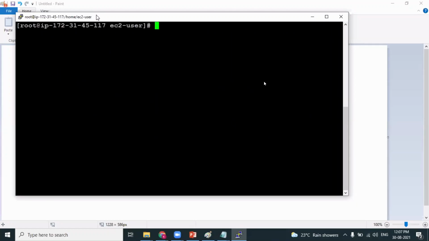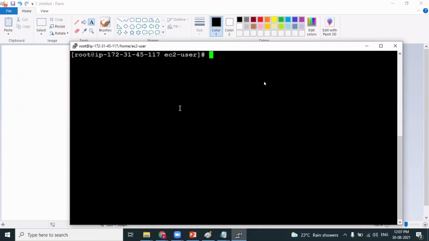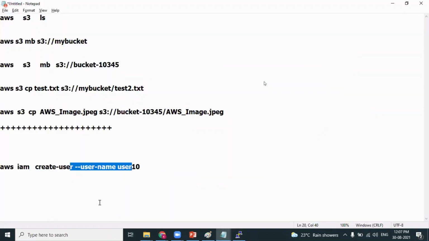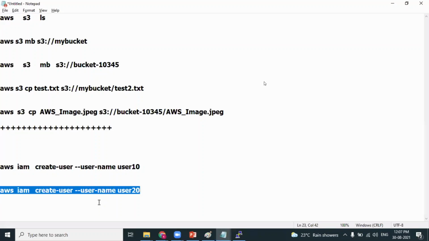I want to create a user from the CLI. We already have a command to create a user. The name of the user is user20. Can I do it? Right. aws iam create-user --user-name user20.